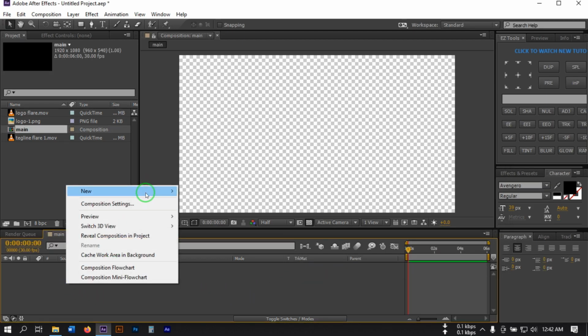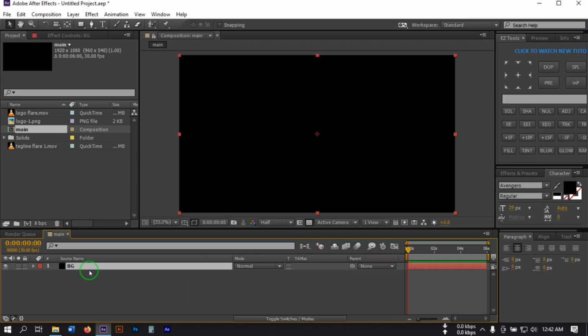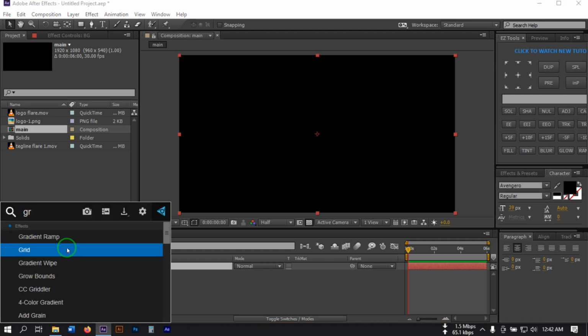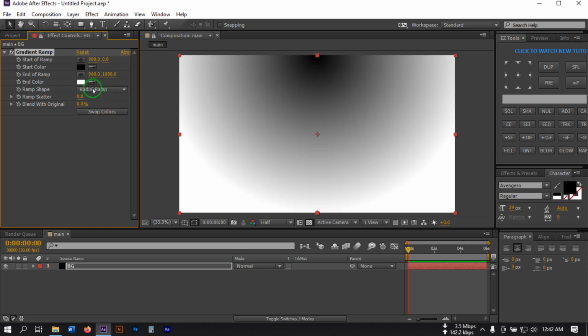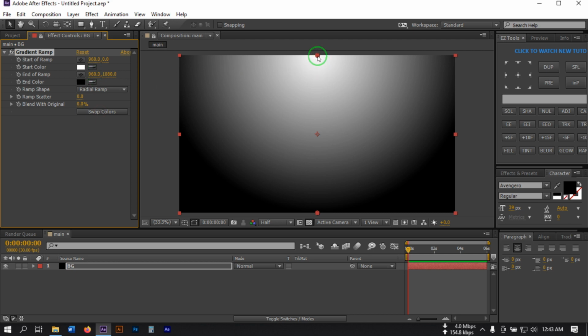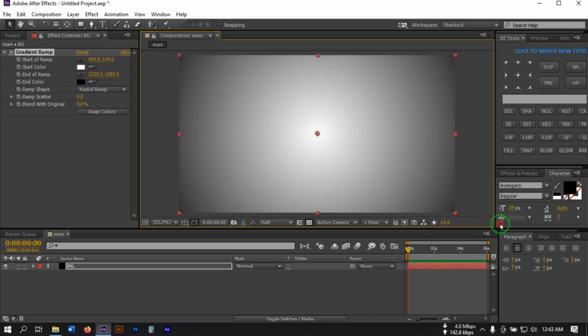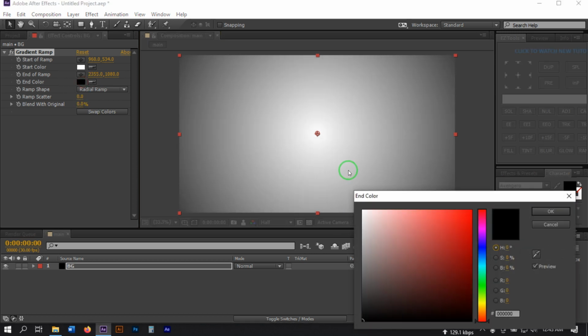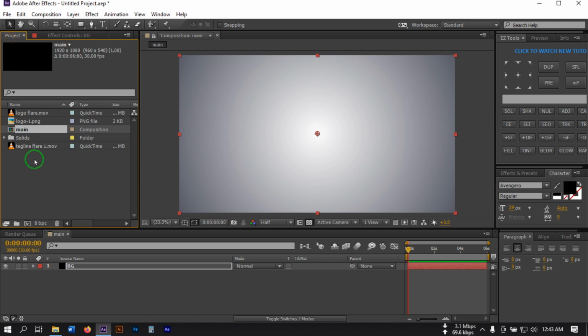Now let's create a new solid and rename it to BG for background, and go to Effects and Presets and search for gradient ramp. Now from ramp shape select radial and swap the colors, drag this point to the center and this point to outside of this area, change this color to something like this, then hit OK. Now go to the project window and drag our logo to the timeline,